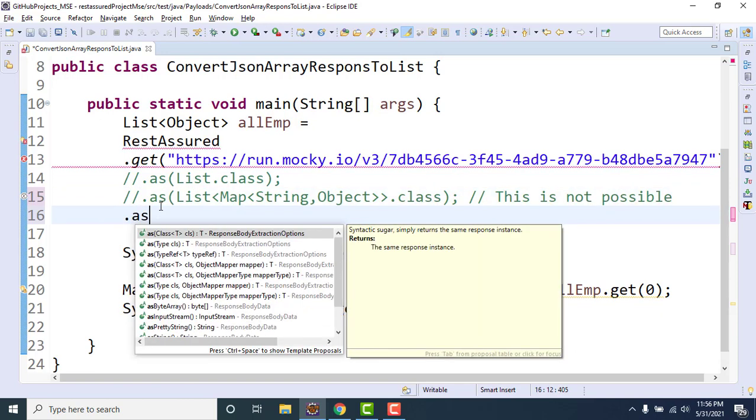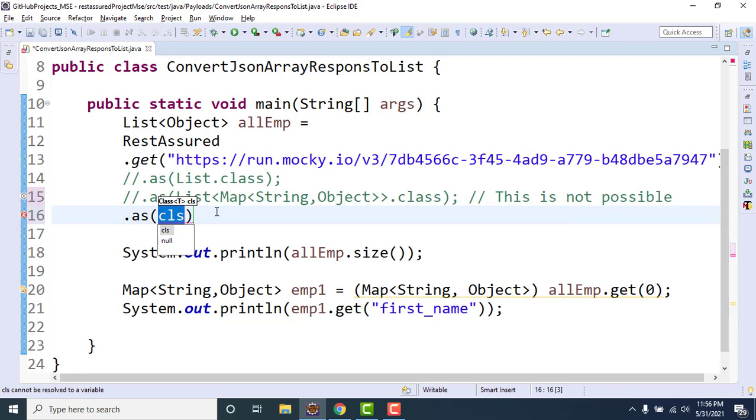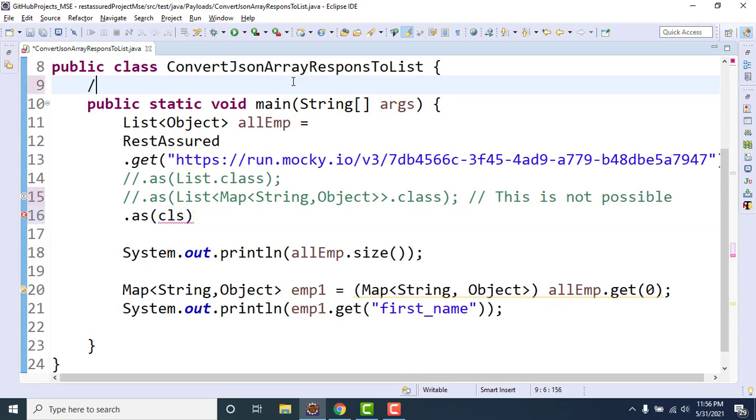The syntax is again the same. Let me explain this syntax again, because I got some comments that they didn't get the syntax of new TypeRef. Suppose Demo is a class, and we create an object like this. We know that we cannot create an object of an abstract class. We need to use a subclass of it, or we need to use an anonymous inner class. So here we are going to use the anonymous inner class.